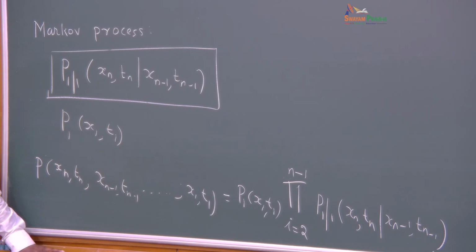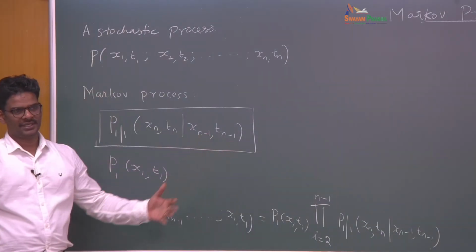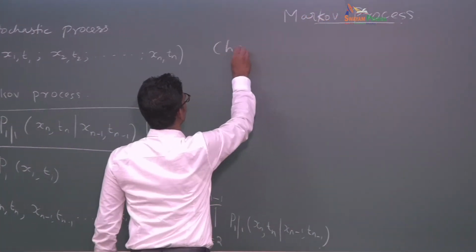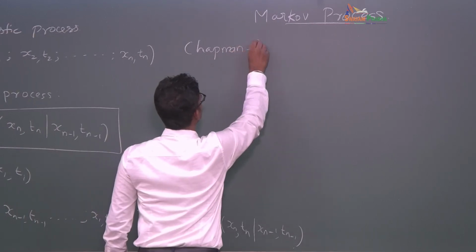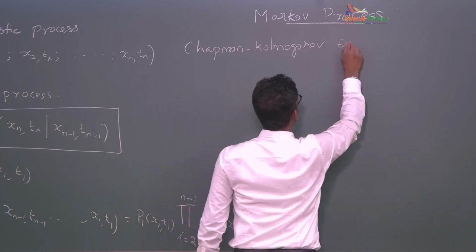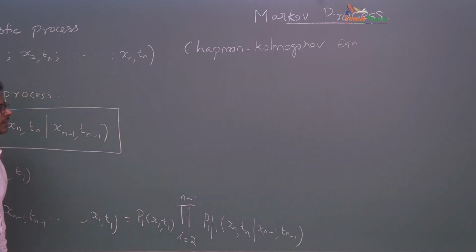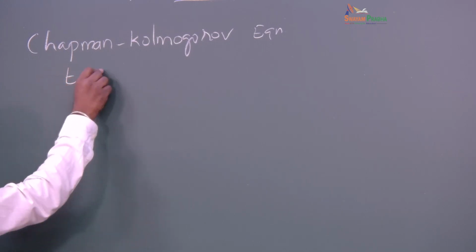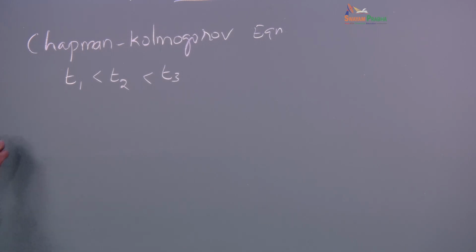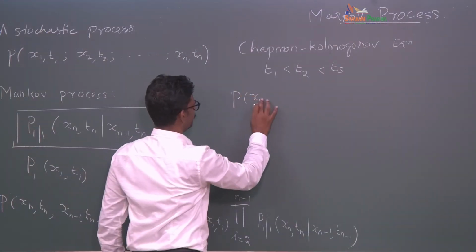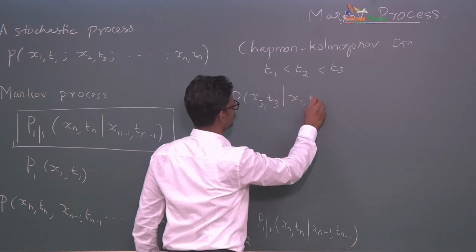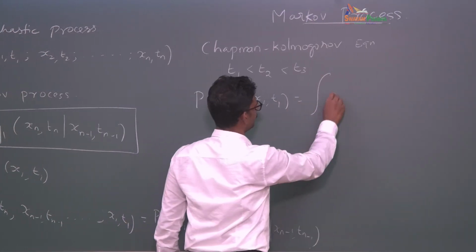Okay, so now to test whether a given function like this follows a Markov process or not, we introduce this concept of the Chapman-Kolmogorov equation. Suppose you take times t1 less than t2 less than t3, the Chapman-Kolmogorov equation basically goes as P of x3 t3 given x1 t1 must be equal to the integral of